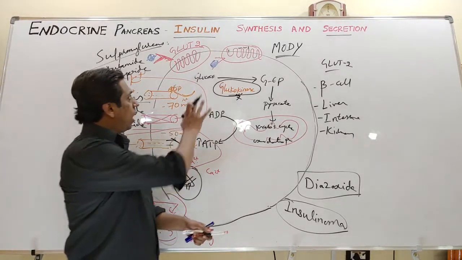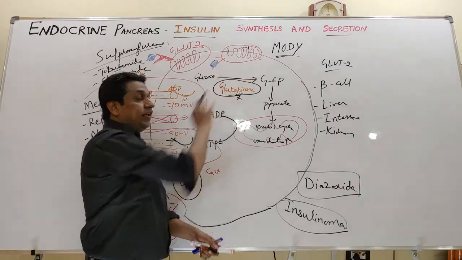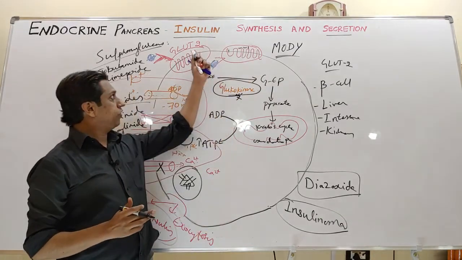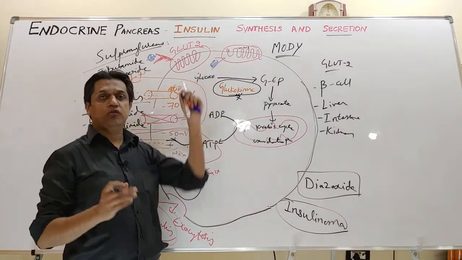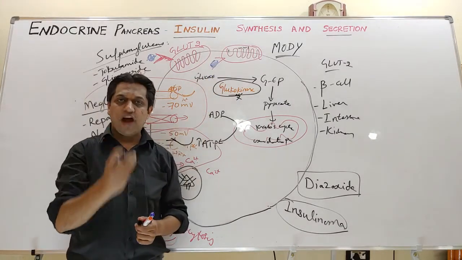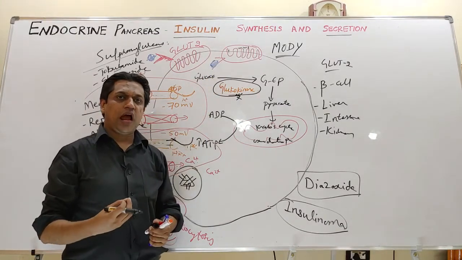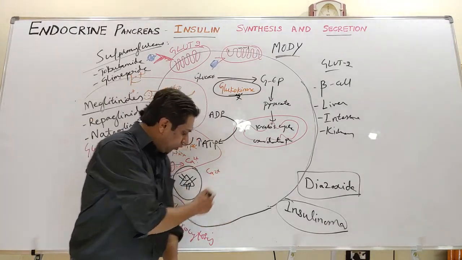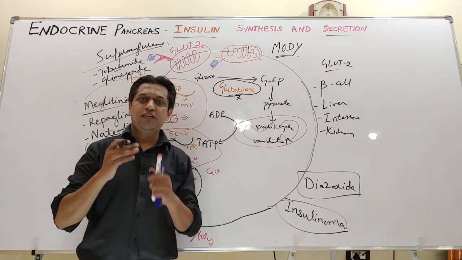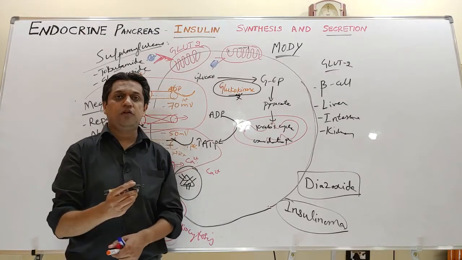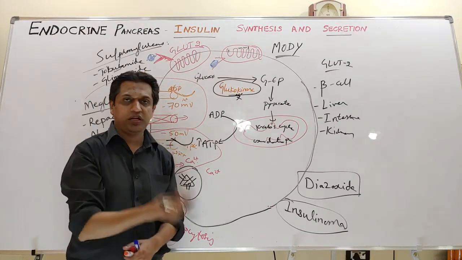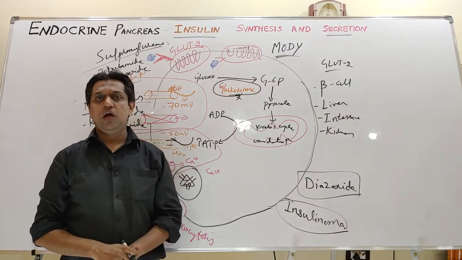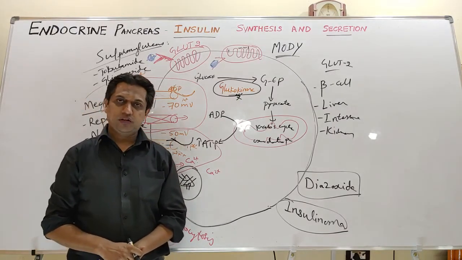Okay, so this is how glucose stimulates the secretion of insulin. However, glucose is the most powerful stimulant. Apart from glucose, amino acids, fatty acids, ketones, and other hormones like glucagon also influence the cell membrane to release the insulin. So we will discuss that in the regulation of insulin in part 3. In part 3 we will discuss the regulation and functions of insulin. Thank you very much.